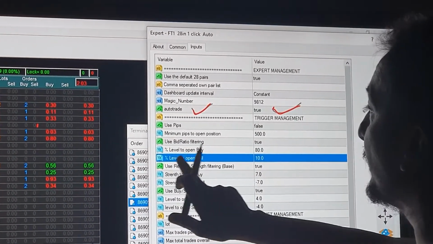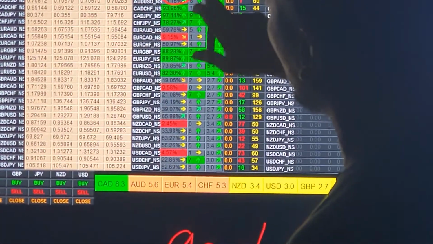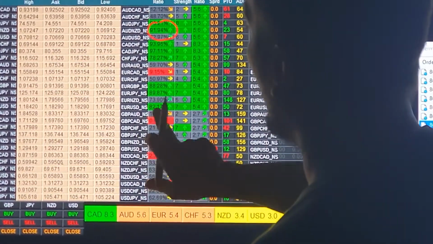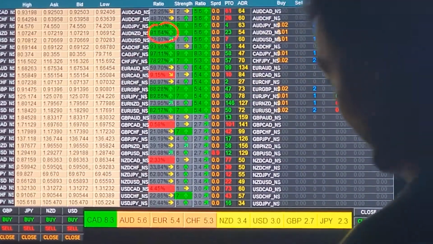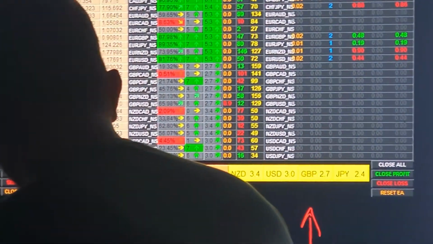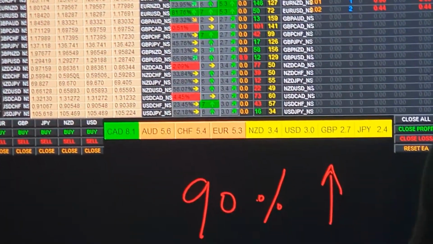Now the percentage level to open sell. Now you can see some of the pairs are in negative, like 0.58, only 2%. So once it reaches below 10, it will sell, and this is buy.